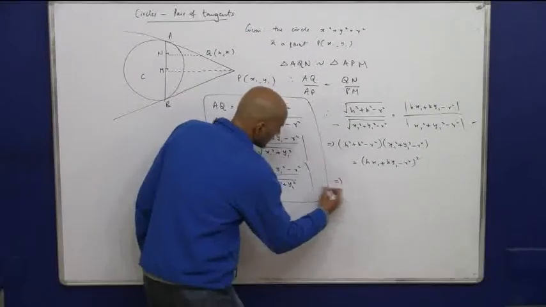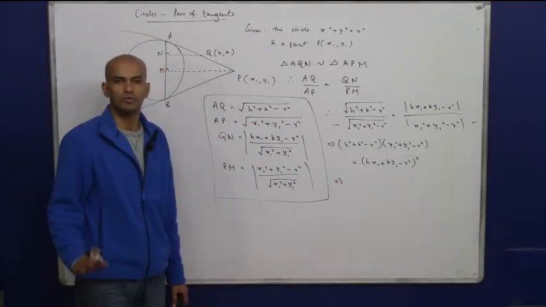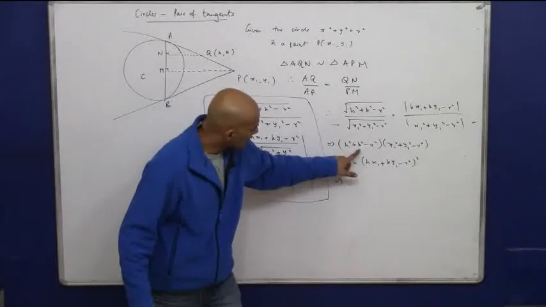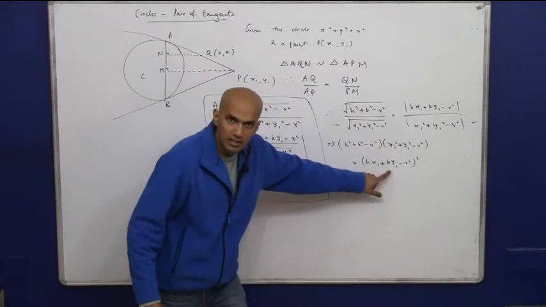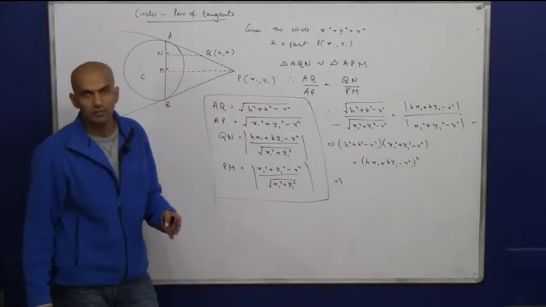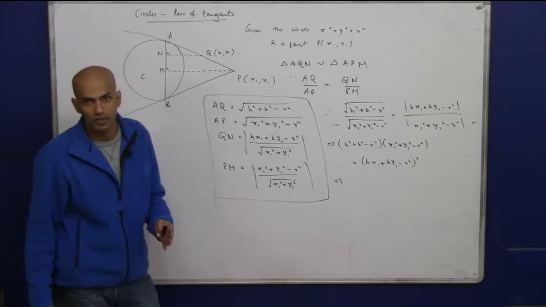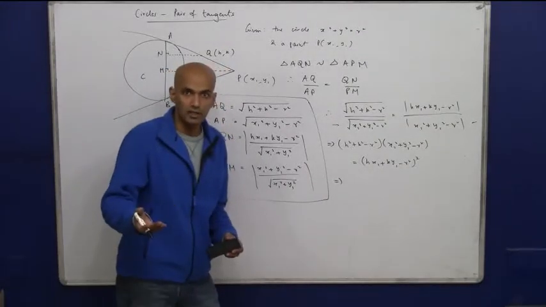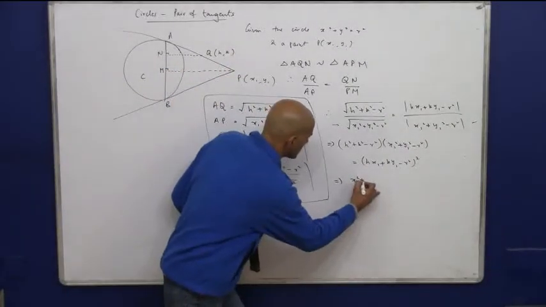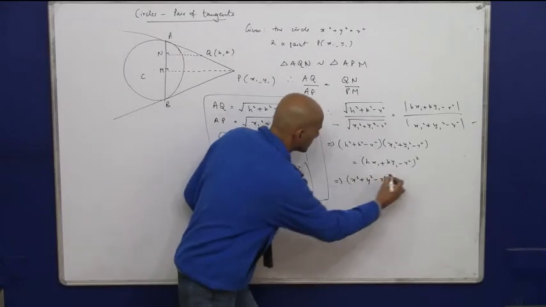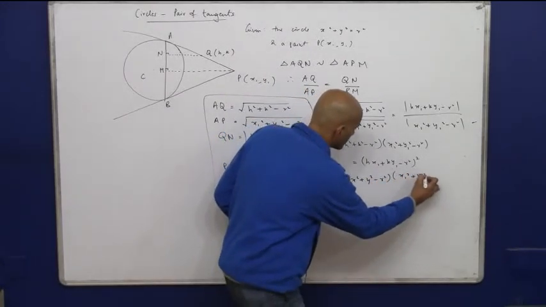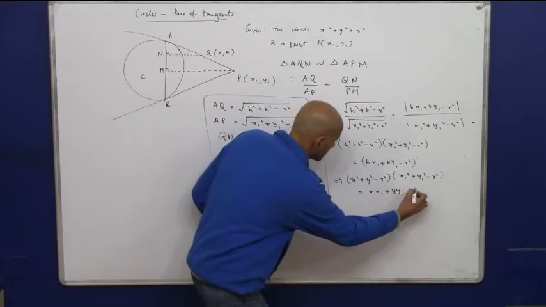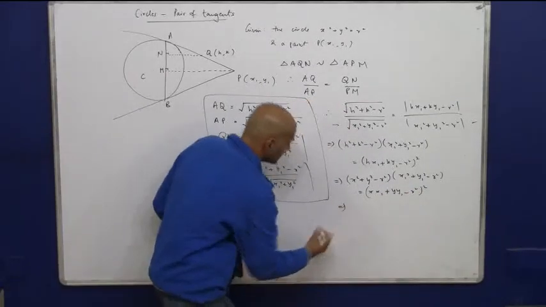This equation is the joint equation of the pair of tangents drawn from the point P, x1 y1, outside the circle. So if you can see, h square, k square and this h and k over here will get transformed into x and y because I was finding the equation of the locus of that point. So when you solve the locus, eventually you convert h and k into x and y. So it's going to become x square plus y square minus r square into x1 square plus y1 square minus r square equal to x x1 plus y y1 minus r square whole square. This would eventually give me